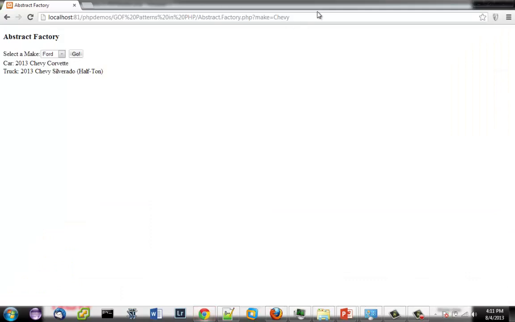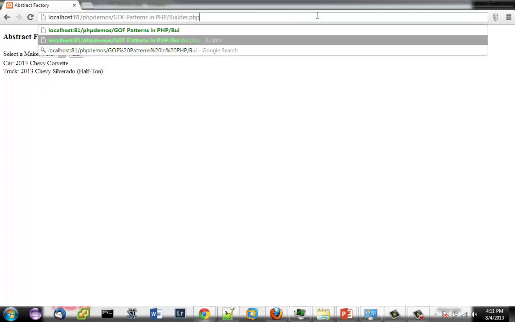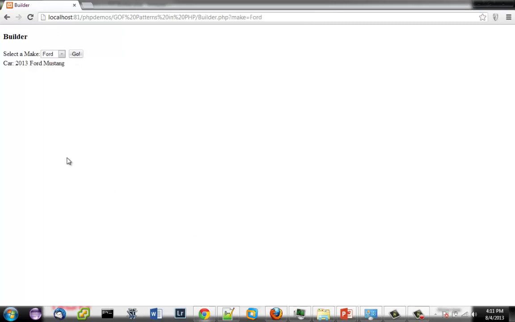Let's pull it up and see what it looks like when I run it, and you'll expect it just to print back a car. So let's go to builder, and I'm selecting a make, and I got back that 2013 Mustang, and let's pull this Chevy. I got back the 2013 Chevy Corvette. So it's using that builder pattern to construct the particular instance, directing the builder, and the builder sets the properties, and then it gets back the actual instance of the particular car constructed, and then returns that back to the calling class. So a fairly useful pattern for objects that have lots of properties and whatnot.